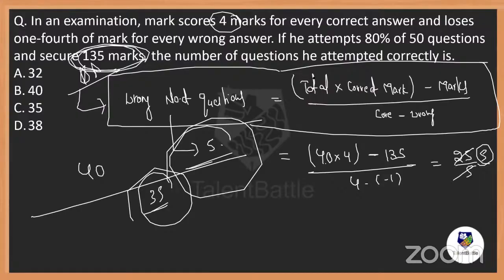Neha, here you should take +1. That is correct. If you are following this trick, you should take +1, or you can take minus of -1. For this trick, you can take it. See, what is the answer? 35. You get the same answer. Any kind of questions of this model, you can apply this trick. But this will give you only the wrong one. By using the wrong one, you can just subtract to get the correct. This is one short trick you can apply.